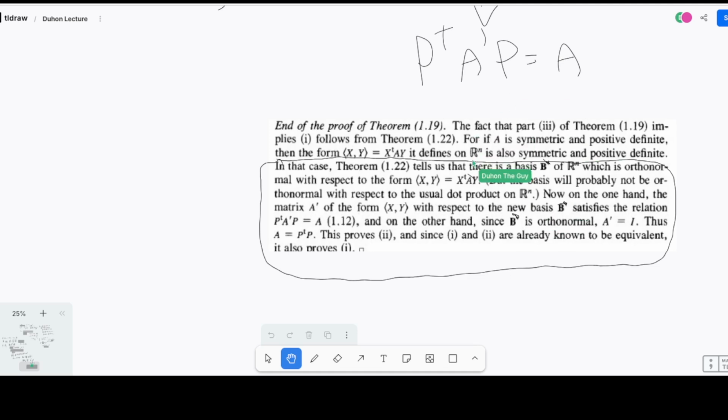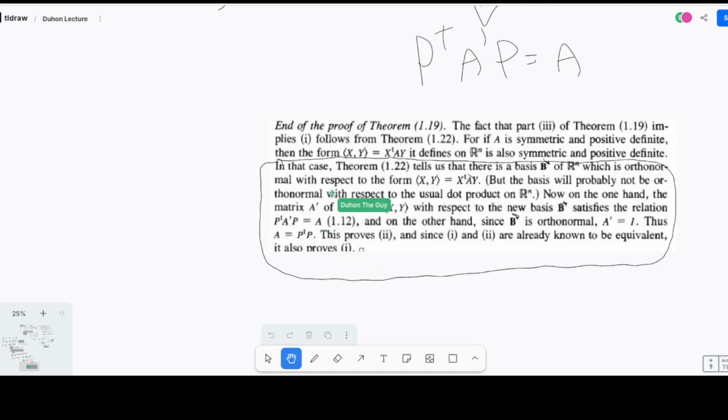There you go. So, in that case, theorem 1.22 tells us there's a basis B of Rn which is orthonormal with respect to the form <x,y> = xᵀA'y, but the basis will probably not be orthonormal with respect to the usual dot product of Rn. That basically just says that there's another basis which has its own dot product, but it's not going to be the usual one. Now, on the one hand, the matrix A' of the form <x,y> with respect to the new basis